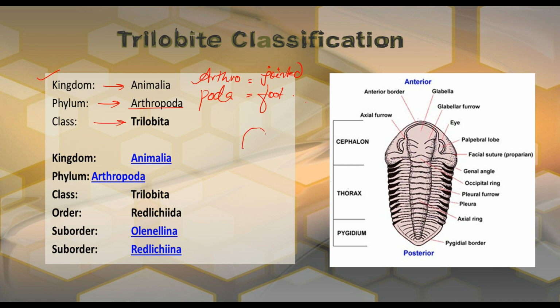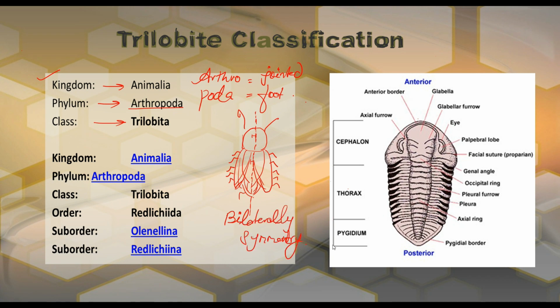Suppose this is any organism, right? This is the head, this is the abdomen part and here the tail, like this. Suppose we take the cockroach, which is a good arthropod, right? So this is a cockroach. They have jointed legs, and they have antennae also. And one more thing, arthropods have highly organized bilateral symmetry. If you draw a line from the center, you get mirror images. It means they have bilateral symmetry.